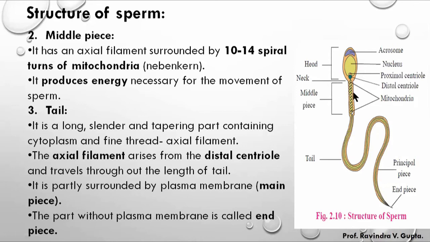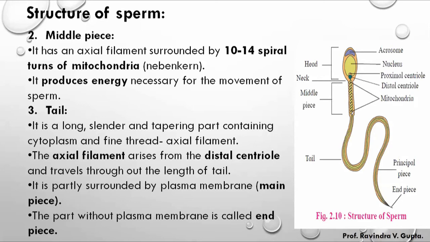And what is the function of this mitochondria? The movement of the tail takes place with the help of energy, and this energy production takes place with the help of mitochondria. So these mitochondria will provide energy at the time of tail movement. And how does this energy come? Inside the semen there is fructose secreted by the seminal vesicle, and with the help of that fructose the mitochondria form energy. So the fructose secreted by the seminal vesicle is present in the semen, and the mitochondria utilize it to produce energy, due to which the tail moves.